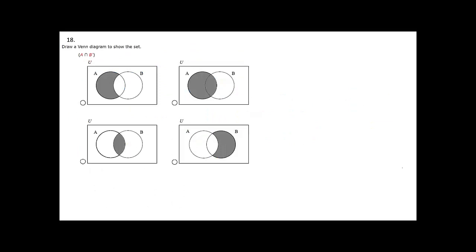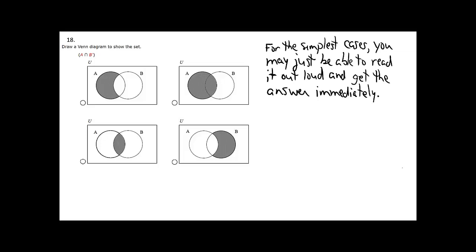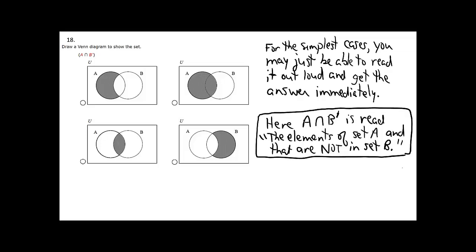Number 18. Draw a Venn diagram to show the set A intersect B complement. Now this is one of the problems where I think it's simple enough that if you just say out in words what it means, you can probably just grab the answer immediately. And here's what I would suggest. In the very simplest case, just read it out loud to yourself. I would read this as